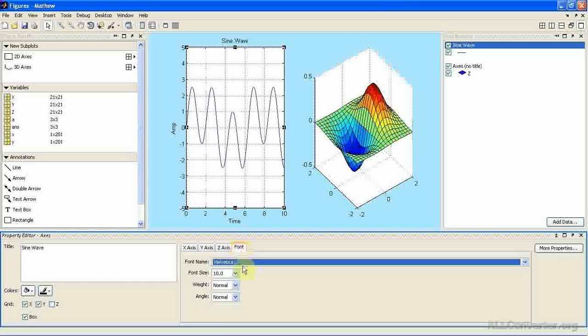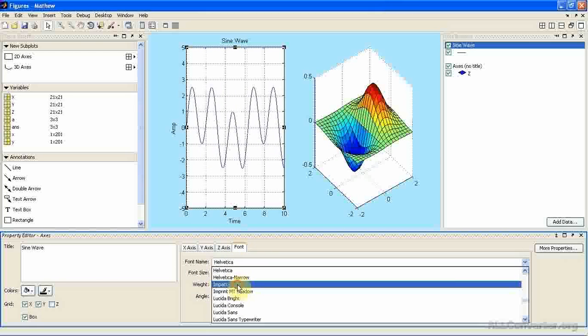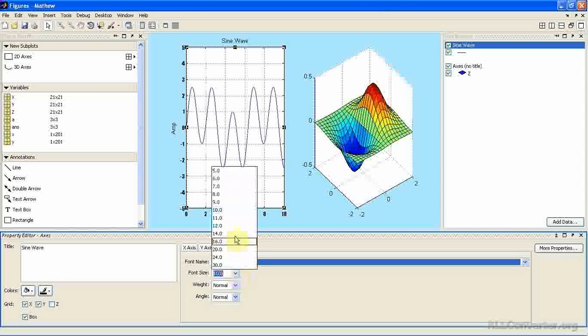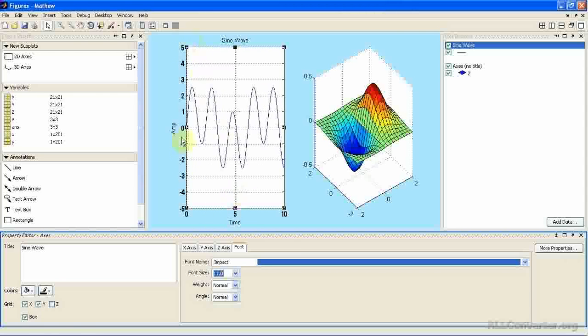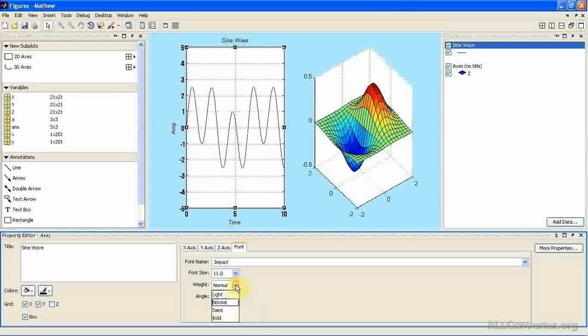Z-axis is not there, font is there. Font is Helvetica, we can put Impact. Font size 10, we can put 11. See, the font size has been changed. Weight is normal, we can select bold. Angle normal, then italic, or we can say oblique, or we can say this normal. Okay, now once you have clicked on the outer surface, another click was on this background, and see this